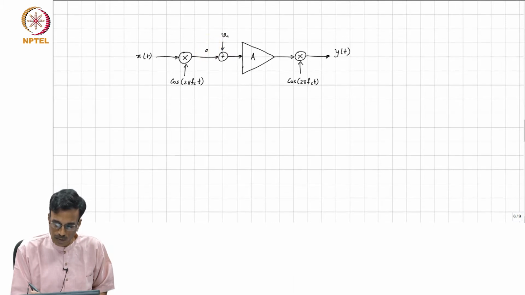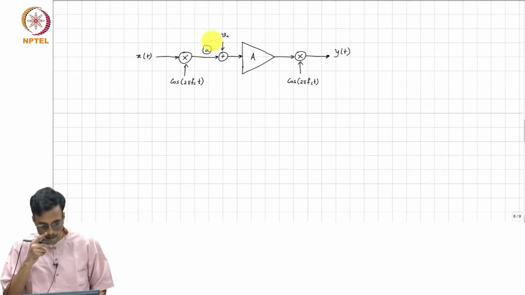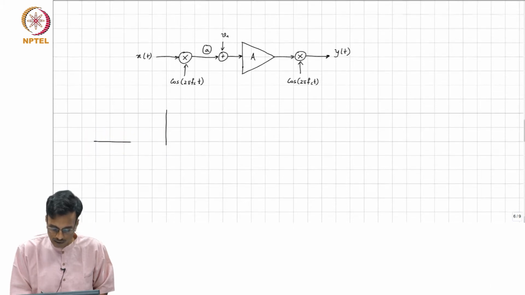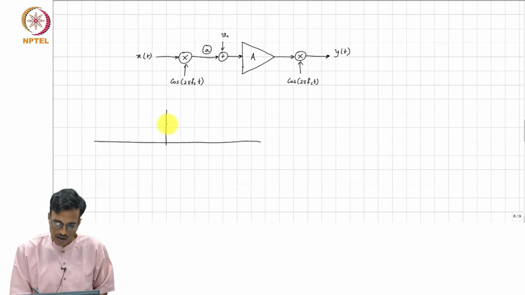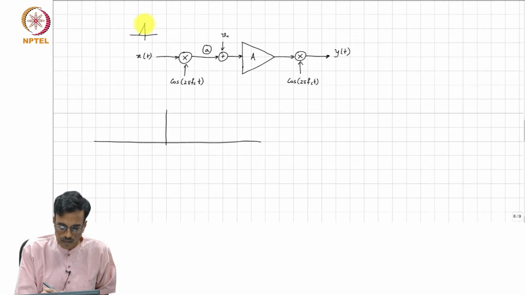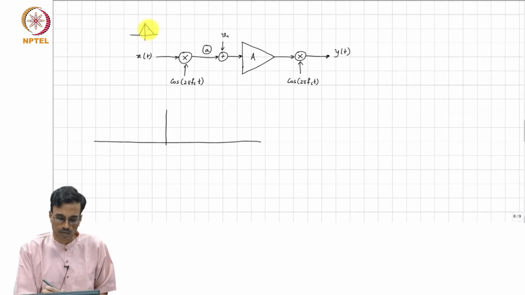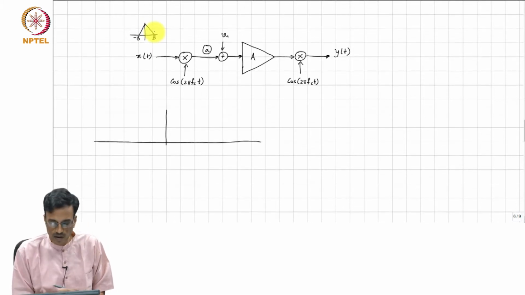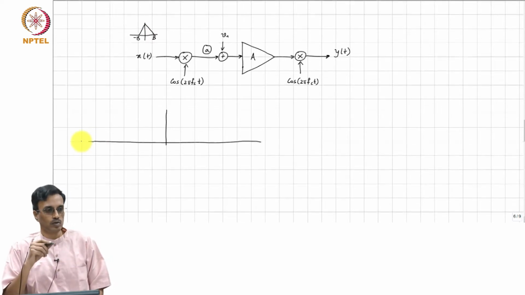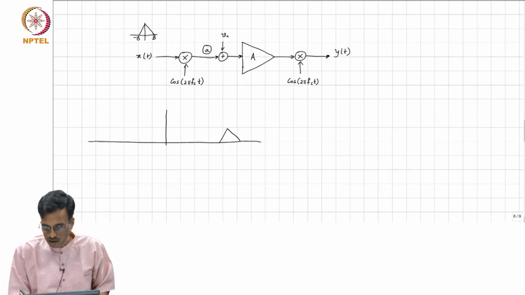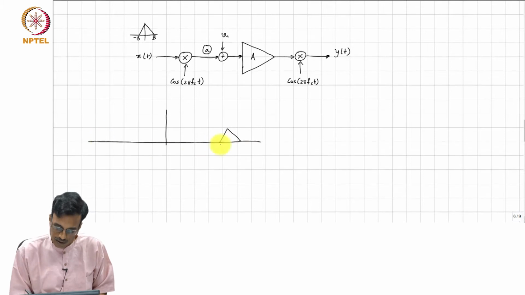So, what comment can we make about the spectrum there? Let us only draw the positive side, or maybe we can draw the negative side also. So, let us say this is x of t, it is baseband, right, with some bandwidth minus b to plus b. So, what happens when you multiply it by cos 2 pi f c t? It gets frequency translated to f plus f c and f minus f c.